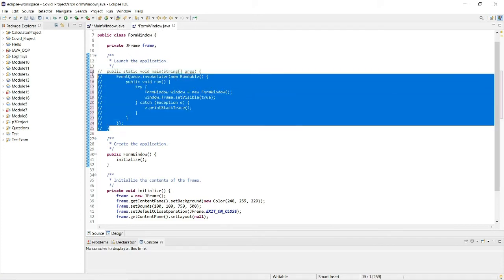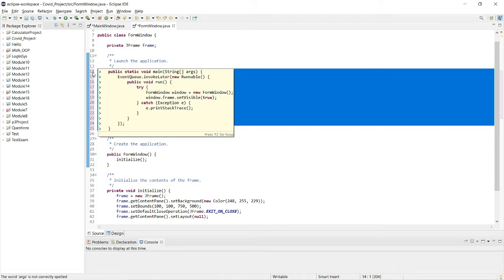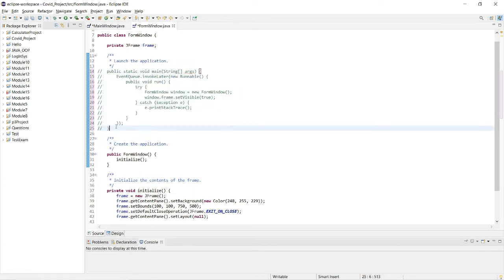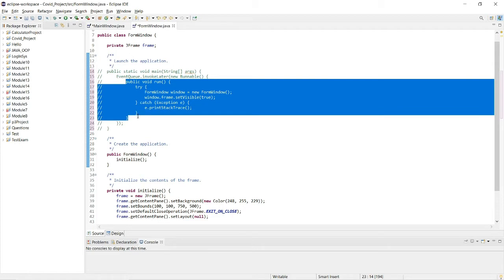We wouldn't want this because we only want to run the main window and then call the initialization of another frame from there. So then we're gonna copy this public void run and create